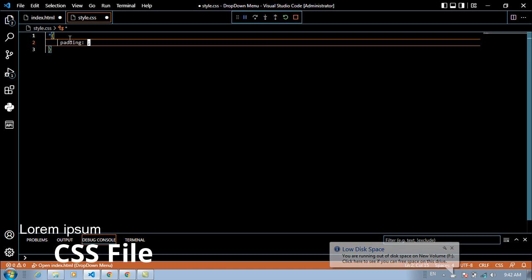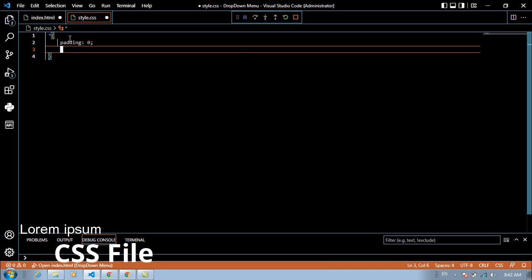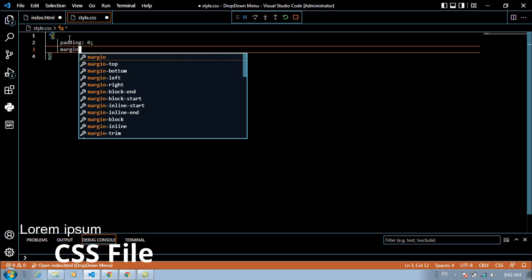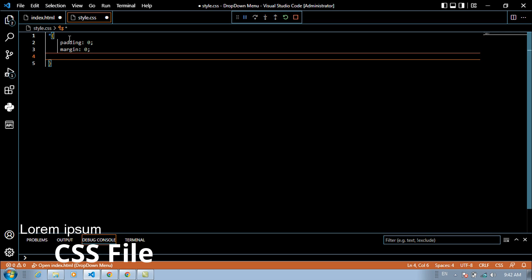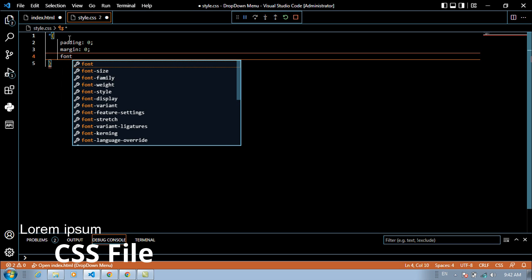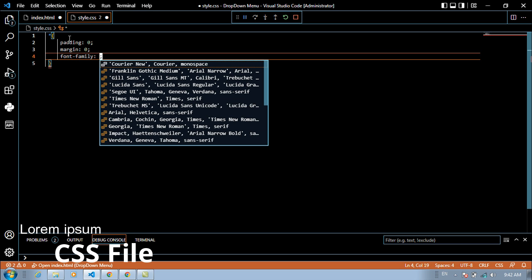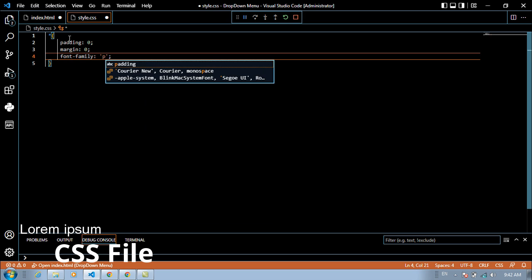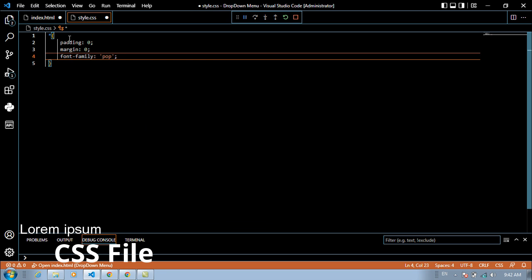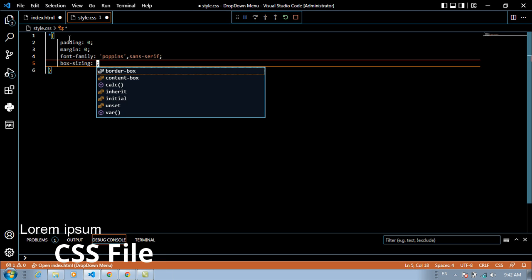For this one we can take 0, and for margin 0. For font family should be, for box size we can